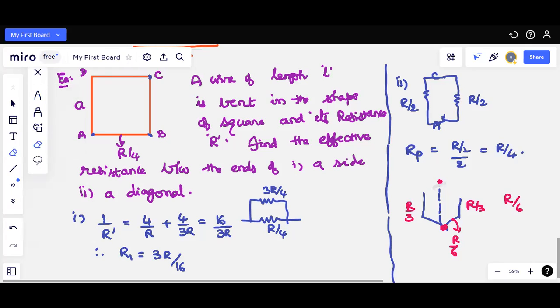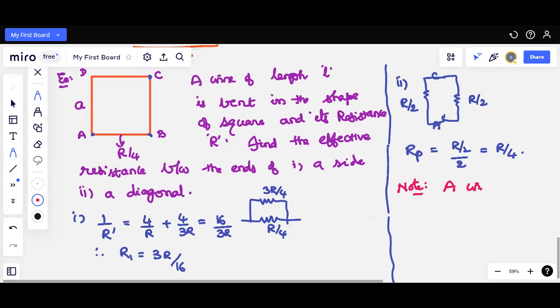We are adding this point here. If there are n number of sides, coming to that, under the note, can you keep in mind how many number of sides there should be, even or odd? Even, right. So a wire of length L